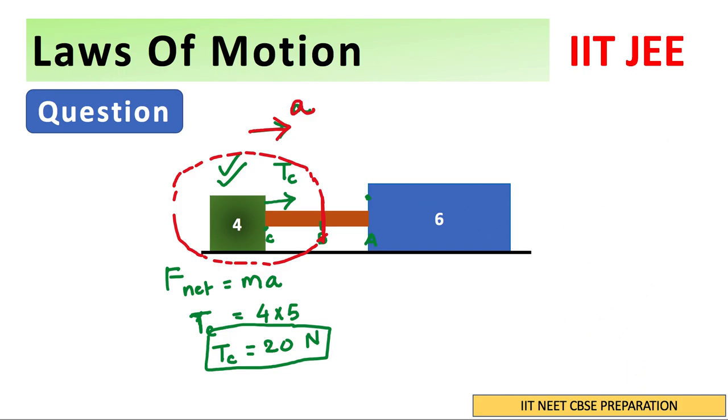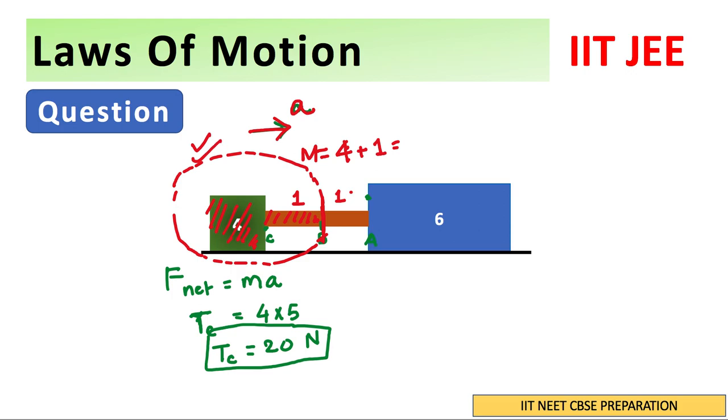Okay, so now let us write down. So this is the system. So what can I say? And we know that this particular system, suppose let us remove TC and all that we have marked. So our system is this part of the rope and this 4 kg block. So what is the mass of this system? It is 4 plus how much? This is 1 kg, this is 1 kg, right? Because point D is the midpoint. So 4 plus 1. So this will become 5 kg.